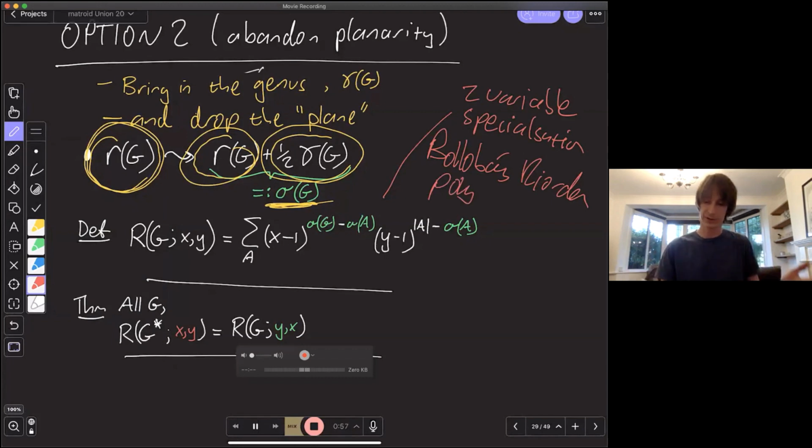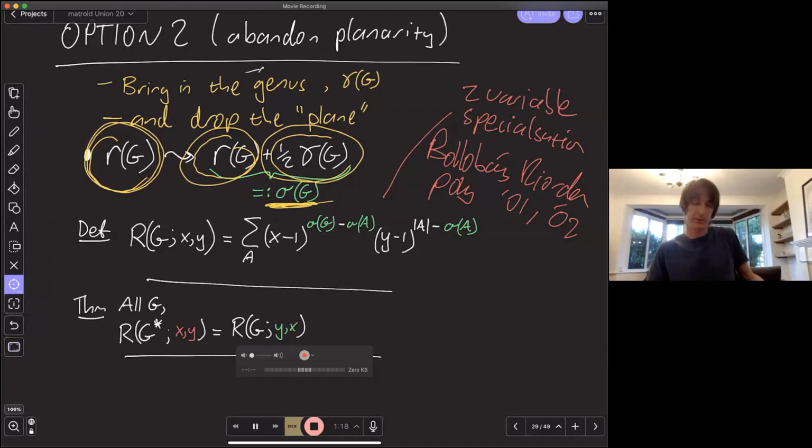So they introduced a three-variable topological Tutte polynomial in 2001 and 2002, and this is just a two-variable specialization given by setting z equal to 1 over root xy, which seems to be a much more natural thing. Okay, so what does this tell us?